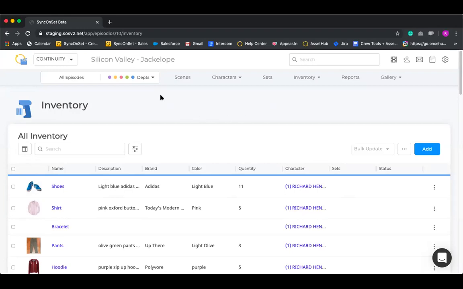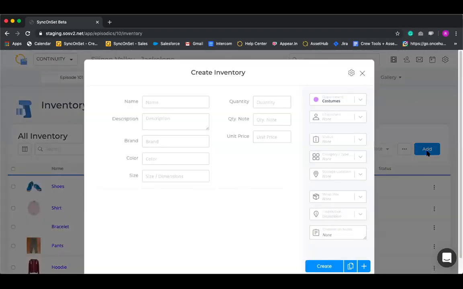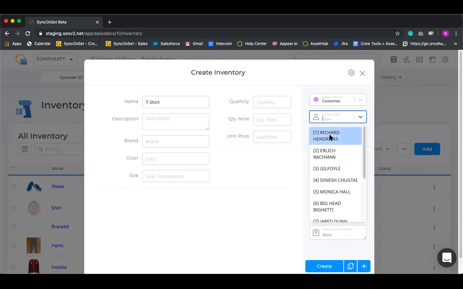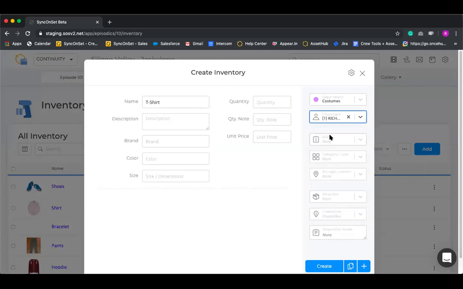So let's go ahead and just walk through this example here in real time. I'm going to go ahead and just make sure episode 101 is selected. And I'm going to go ahead and add a prop. So I only need the item name to get it in the system. So for the sake of time, I'll go ahead and just write in t-shirt. This is for the costume department. Sure, we can go ahead and add it to Richard's closet. There's quite a few things that we can add in terms of details about this item, but the one thing you may not see on this